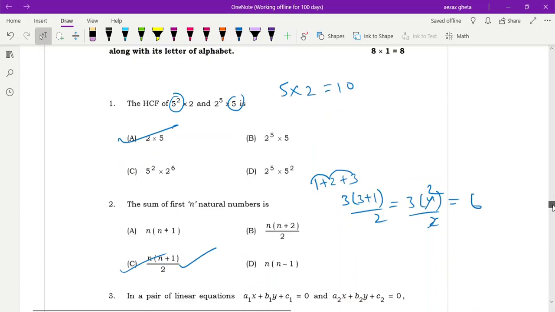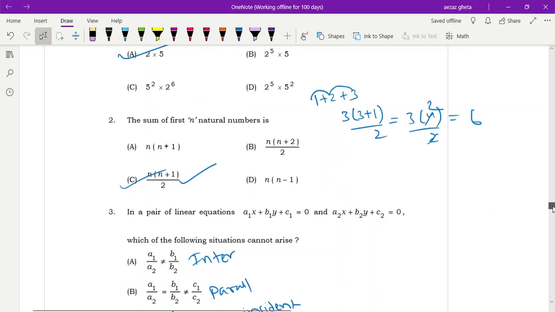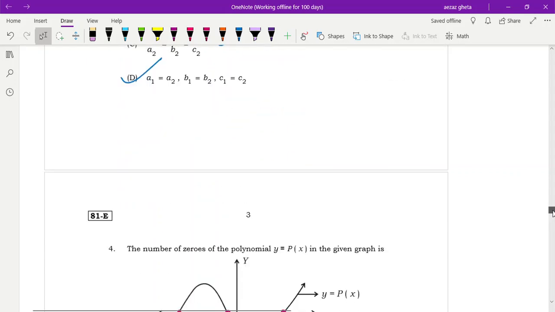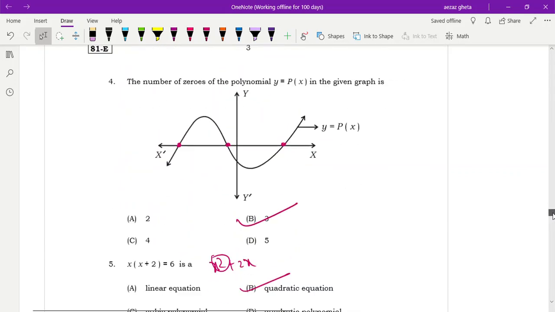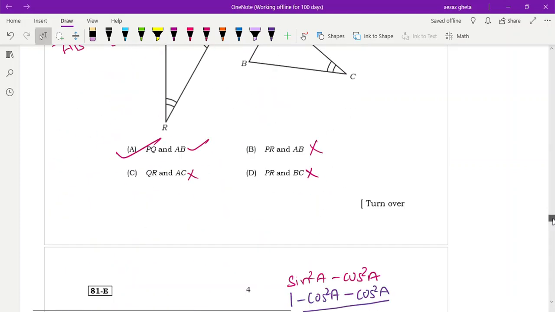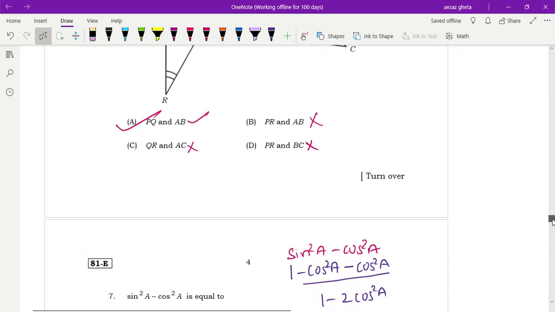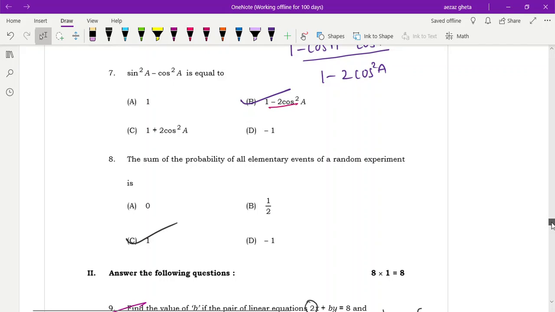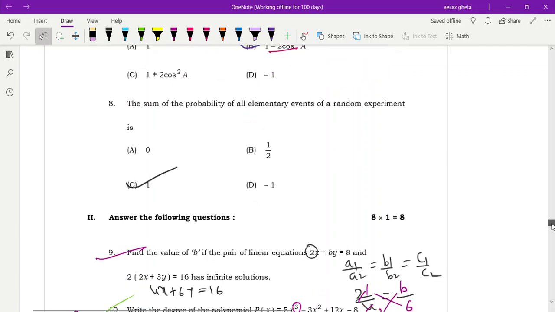It begins from here. MCQs were there, we already discussed those, and even the 1 mark questions. There were no tough questions, easy questions were there. This probability question, trigonometry question,